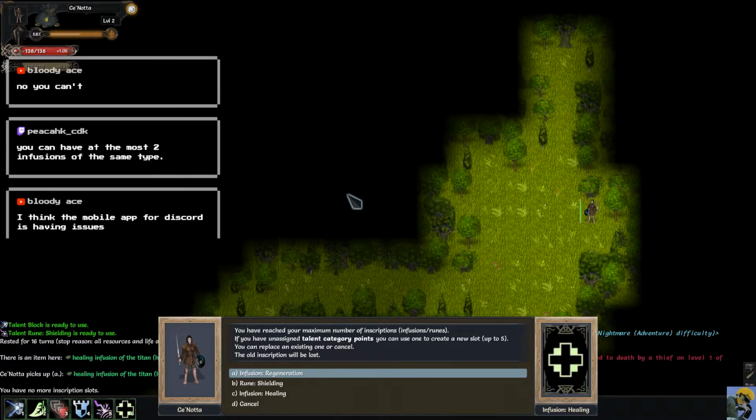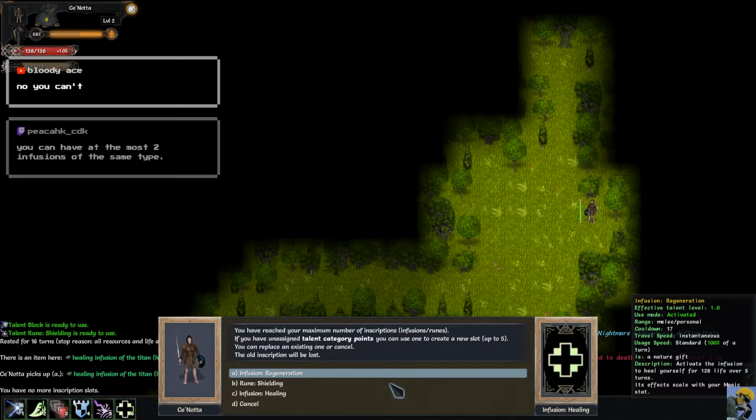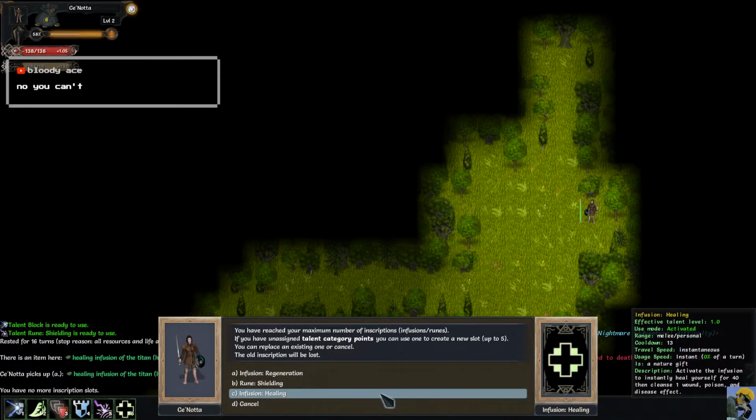Hey, Peacock, good evening, my friend. You can have at the most 2 infusions of the same type, you're saying? Oh, okay. So that makes sense. So you can't have, like, 6 different healing infusions on different cooldowns or something like that. I'm going to get rid of...